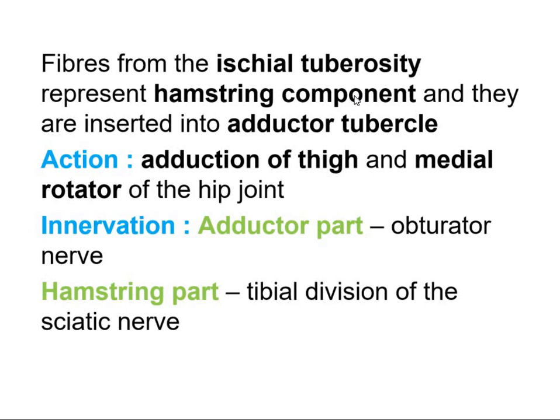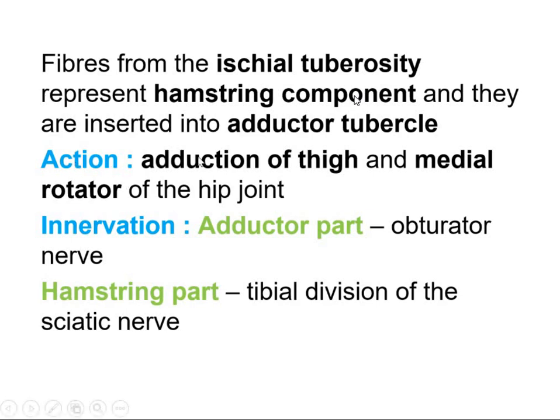There are other common things also, but we will not be talking about that. But one common thing to all the hamstrings is that they have a common origin, that is your ischial tuberosity. Okay, so this hamstring part is from the ischial tuberosity and it is inserted to the adductor tubercle. Again, this adductor tubercle is present on the medial aspect and it is important for your surface marking. So this comes as a surface marking question.